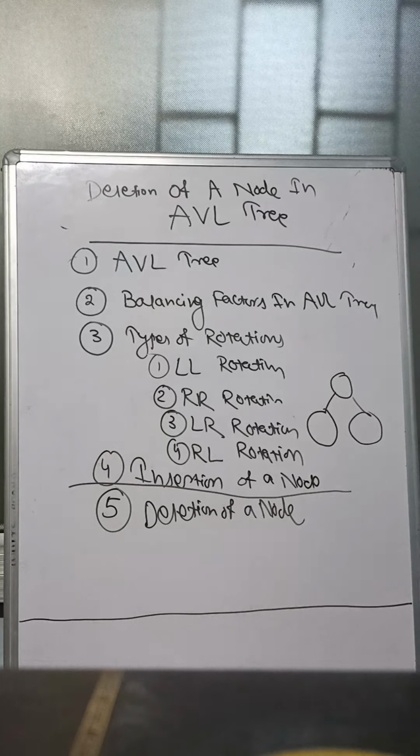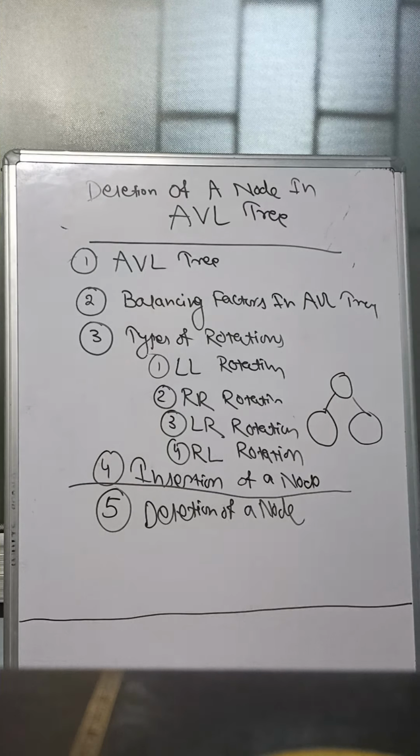Here see, each node satisfies your BST properties, which means your left subtree must be smaller than the root and the root must be smaller than your right subtree. You have to remember this. That is the first thing you have to remember. The second thing is what LL rotation, RR rotation, RL rotation and LR rotation are.